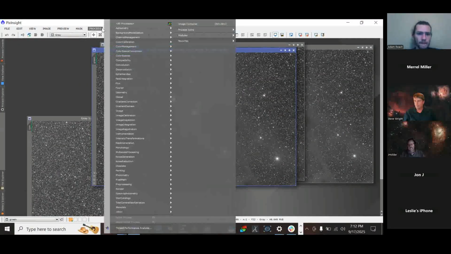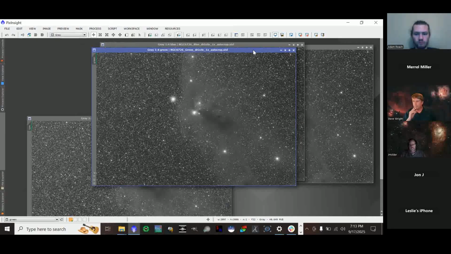So when you combine RGB, just to make sure, do you not stretch individual channels before you combine? Not a permanent stretch, or you mean the screen transfer stretch? No, permanent, from linear to nonlinear. No, it's best to get them all together, and normalize your colors using histogram. Well, you can do that, or you can do the statistics on the three, red, green, and blue,